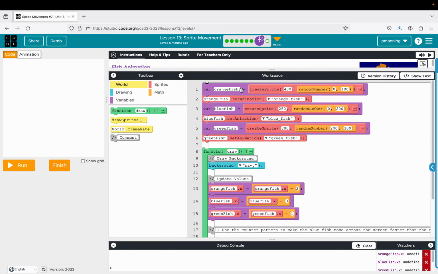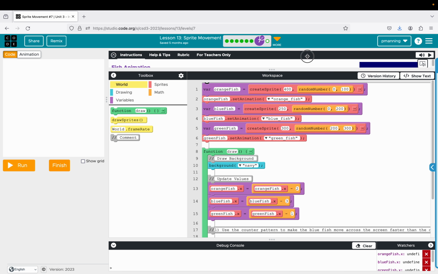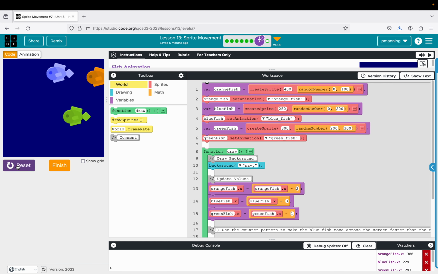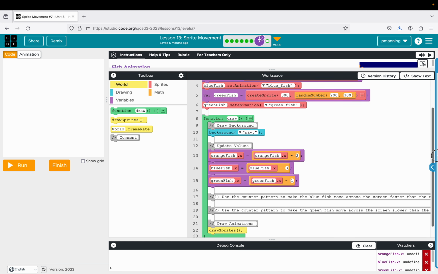We have 3 sprites. We can look at the preview. Here we've got a dark blue background, and then 3 sprites swimming across at various speeds. So blue's fastest, orange second fastest, green slowest. So we create the sprite for each fish, and then we set the animation for each. Notice each time they're getting different Y values, so each time we reset and run, our fish may be at slightly different heights. All right, then we draw our navy background, which is the deep blue sea, and then we